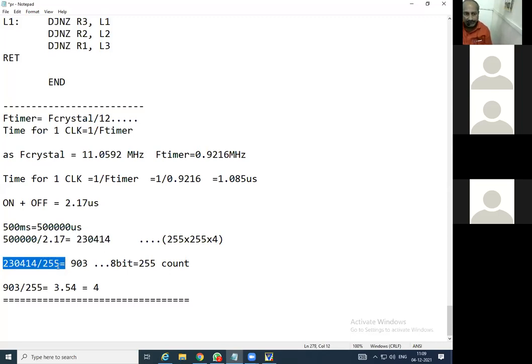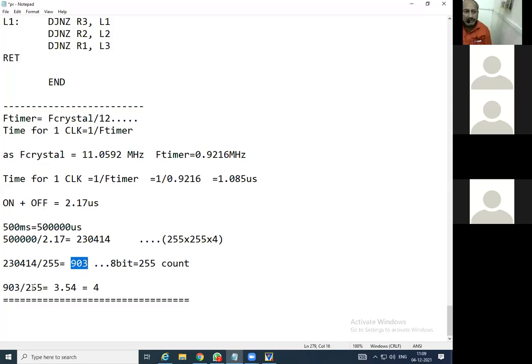So this much time it has to go on repetition, which can be possible just by dividing by 255. So why particularly 255? Because as we know the capacity of every register is 8 bit. So after dividing by 255, the count is 903. This count also we cannot enter into the register because it is more than 255.